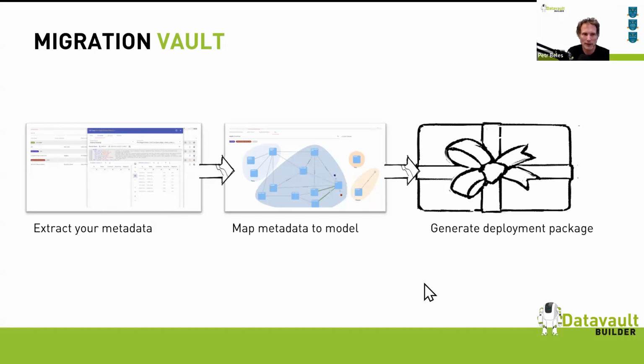And this is a model about the model. So we are mapping the concepts to one object, the context to one concept, the relations, the columns, the source tables. And like that, we get an overview, a standardized view of your model in a format where we can generate